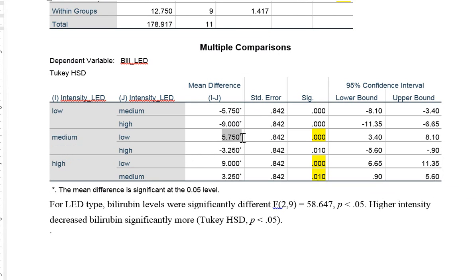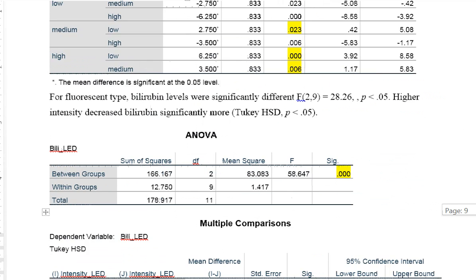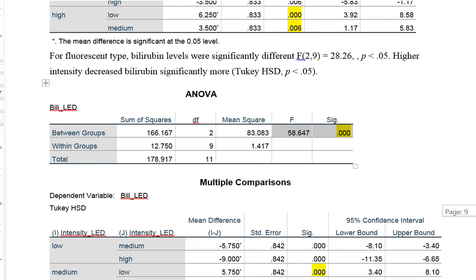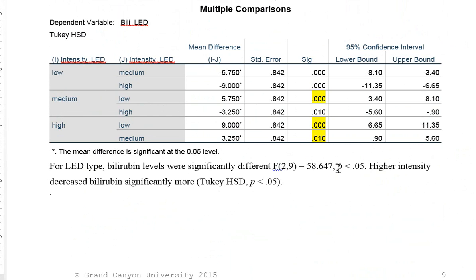So we're looking for the positive differences. I see a medium minus low. That's significantly different. And high minus low is a positive difference, it's significant, and high minus medium is positive and significant. So again, high is bigger than medium is bigger than low. So same thing goes on here. For LED, bilirubin levels were significantly different. F of 2,9 is 58.64, and that's the F value right there. And then P was less than 0.05, and higher intensity decreased bilirubin significantly more,